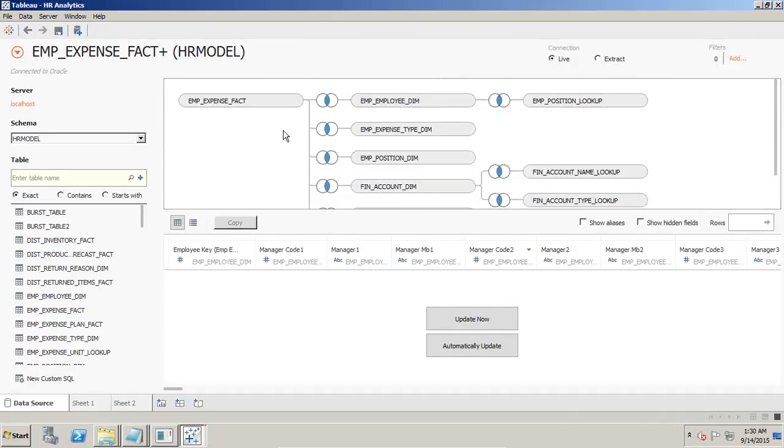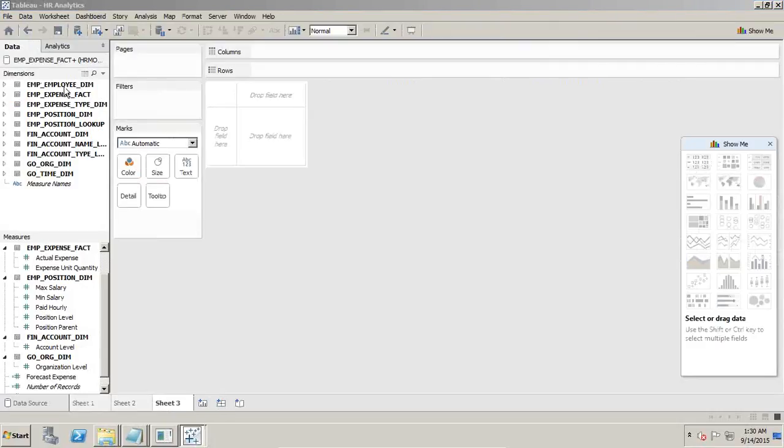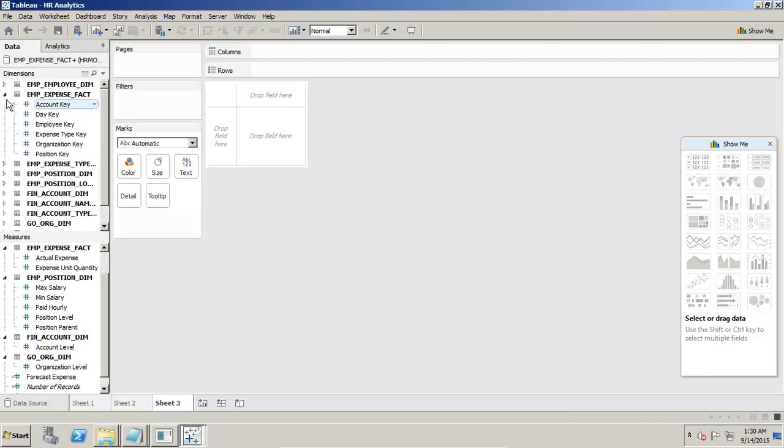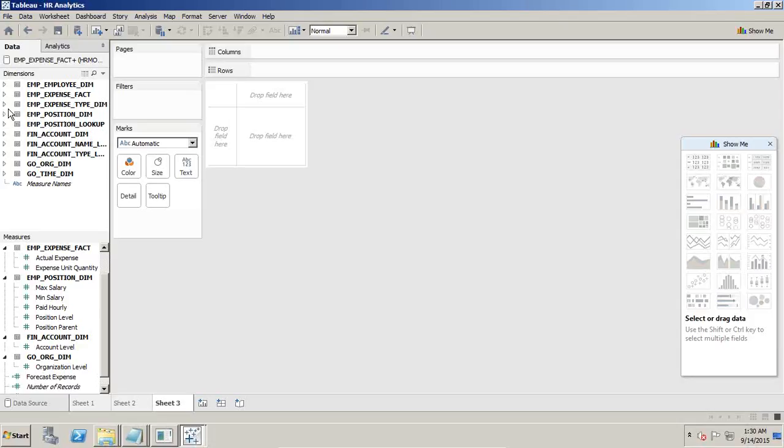We'll be doing multiple kinds of analysis in this model. We start with actual and forecast model. So let's start visualizing it. So you see I have got these dimensions: employee, expense type, position. I've got these facts. There are two kinds of facts. I have got actual fact, actual expenses, and I've got forecast expenses. I like to evaluate actual and forecast expenses across different expense types. So I'll take employee expense. There are different kinds of expenses. I'll take employee expense type,